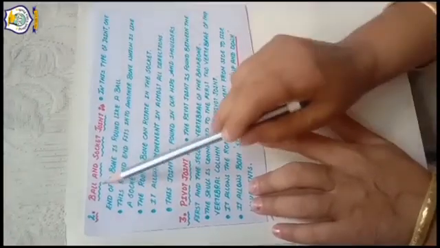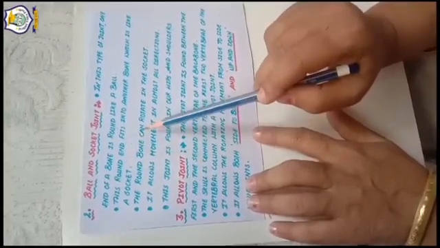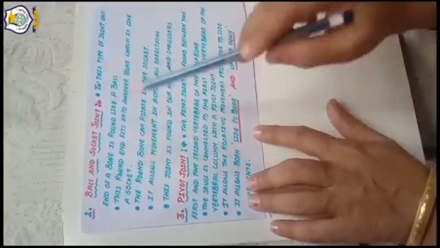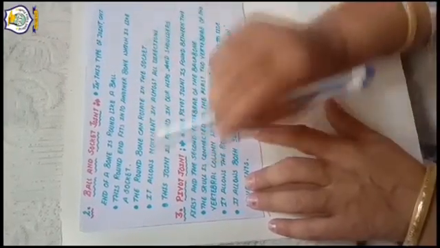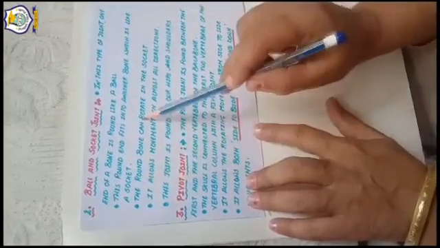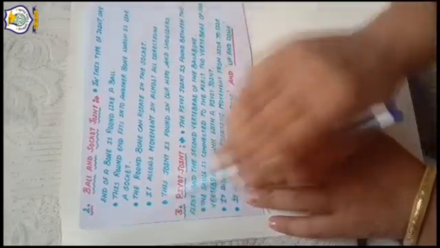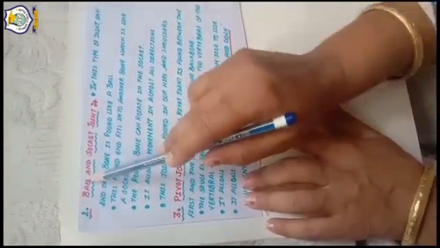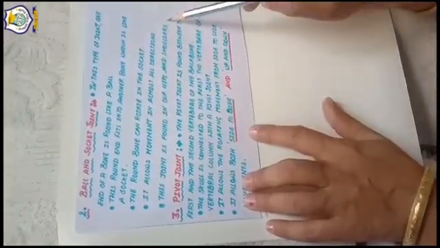So, in ball and socket joint, one bone is round, and this round end fits into another bone which is like a socket. The round bone can rotate in the socket and allows movement in all directions. And this joint, the ball and socket joint, is found in our hips and shoulders.